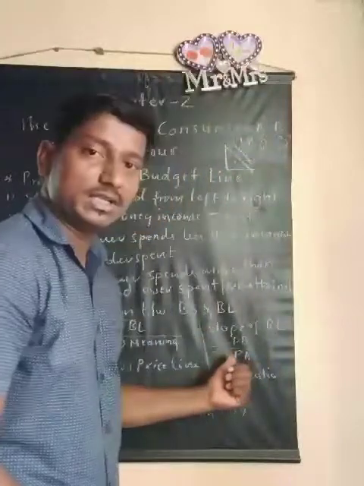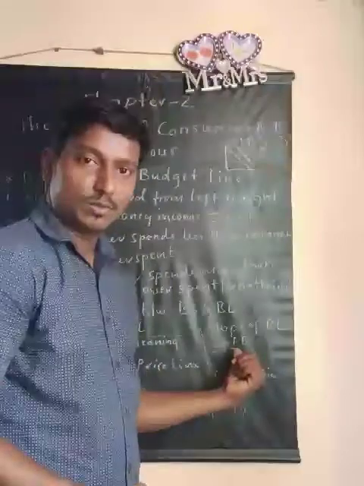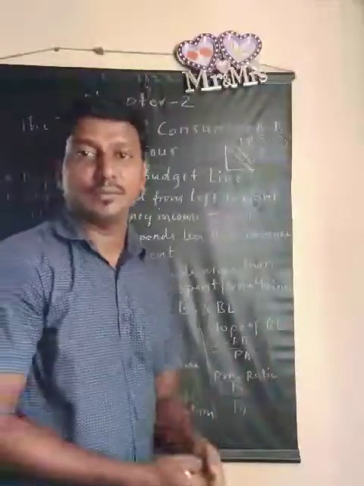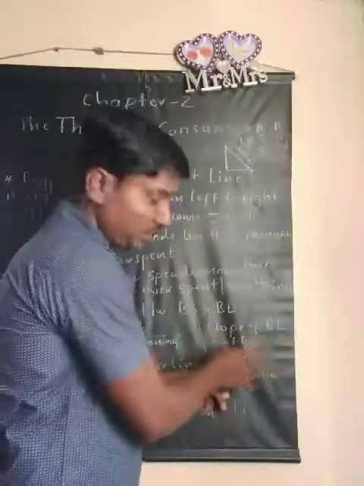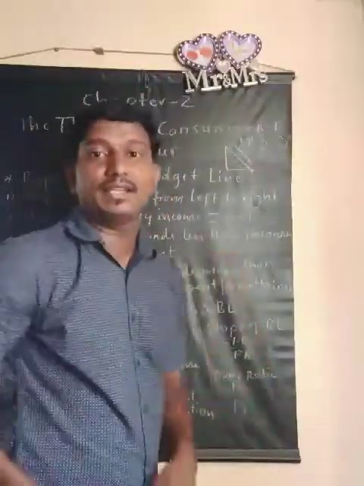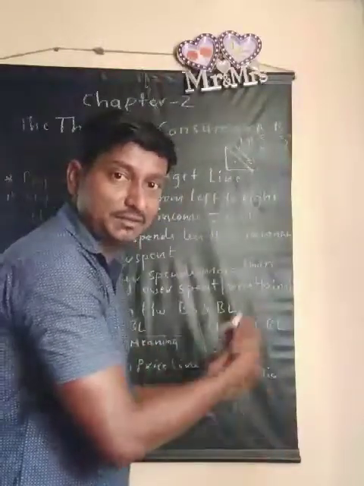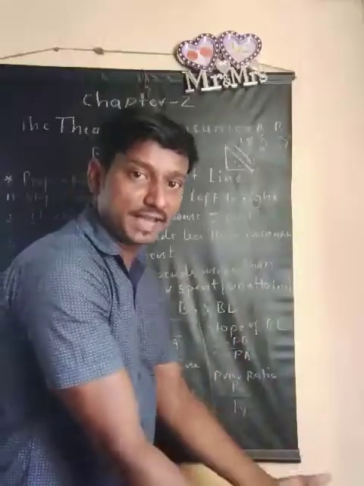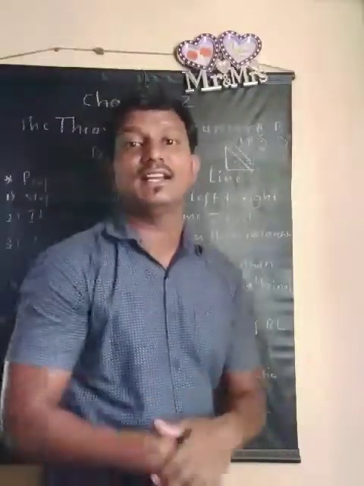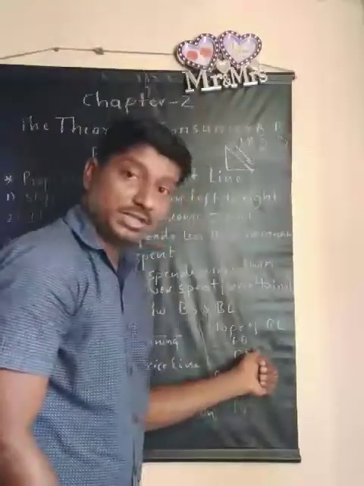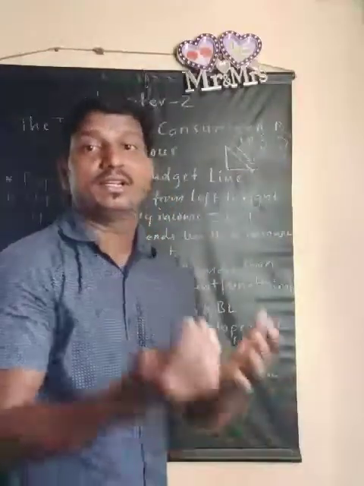Here we have a formula for how to calculate the slope of the budget line. That is what we call the derivation of the slope of the budget line. The slope of the budget line is equal to minus PB divided by PA. Minus PB, the minus indicates that it is negative, that we are going to lose, we are going to sacrifice. What are we sacrificing? We are sacrificing the banana. So it is the units of banana sacrificed divided by the units of apple gained.